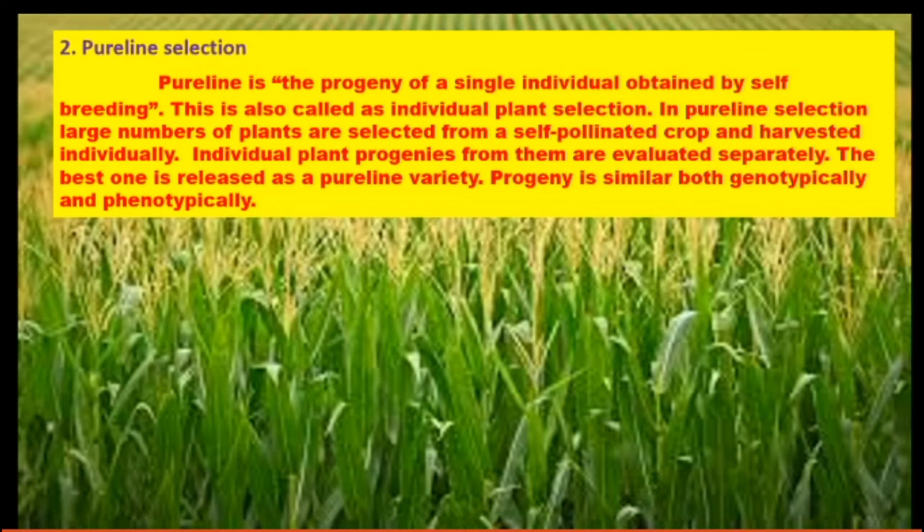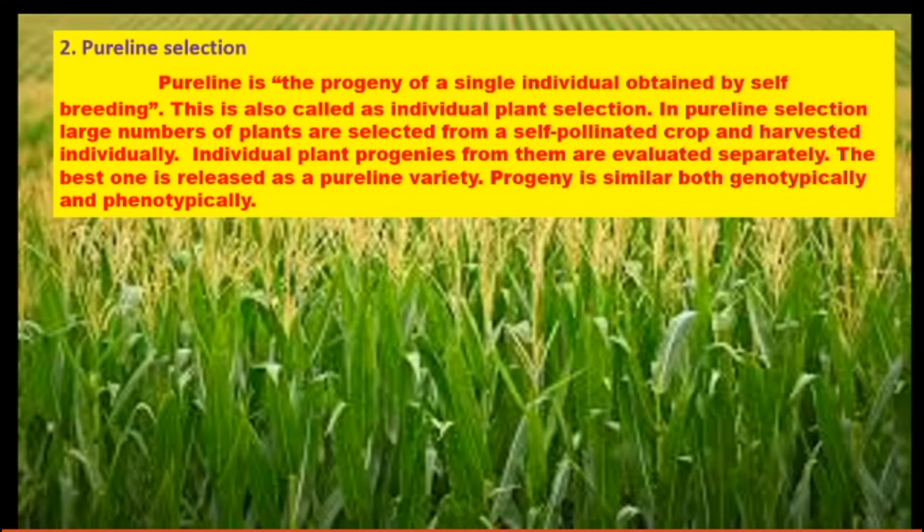After the conclusions, they decide, okay, this is a pure line, meaning only the desirable character is present in these plants, or this variety has only the desirable character. It may be resistant to diseases, or resistant to insects, or have desirable nutrients, or be very easy to cultivate. So they come to these conclusions and select by pure line. Then after that they give it to the farmers for cultivation.